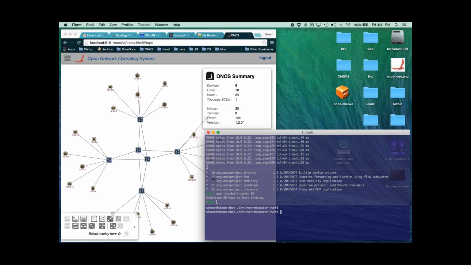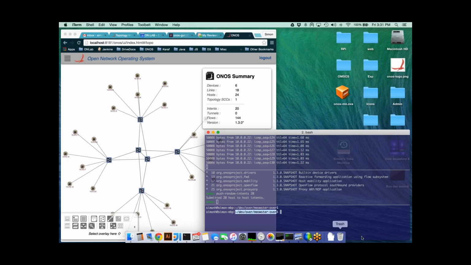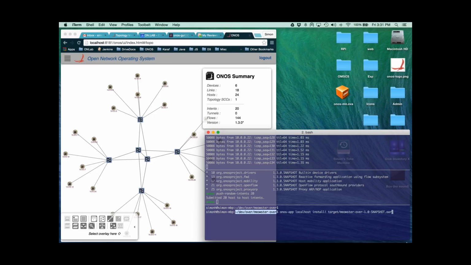So over here, I have a development environment which is totally a new development environment. It's taken off one of the GUI archetypes, and I've pre-built my little application for the Meowster company, and we have an OAR file, and we're going to install it and activate it on localhost. If I were to very quickly do apps summary for active